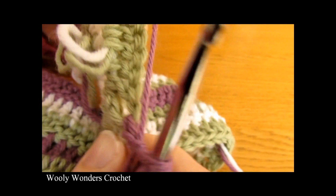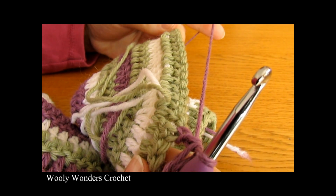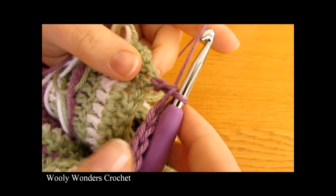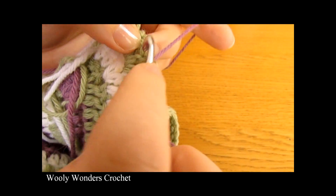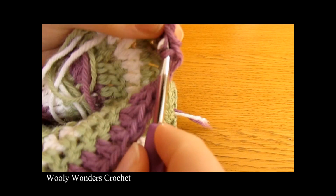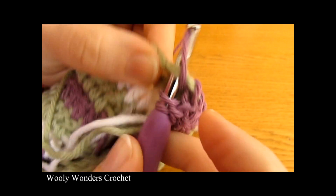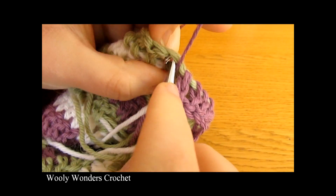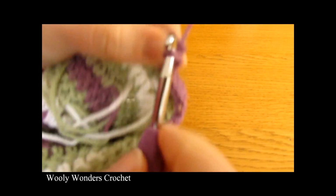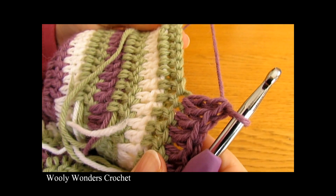Like that. And now we are just going to continue working our pattern of 5 double crochets, then 2 into the next, all the way along to the end of the round. So I'm going to do 1 double crochet into the next stitch, then 1 into the next, 1 into the third one, the 4th and the 5th, and then do 2 double crochets both into the next stitch, and just continue working that to the end of